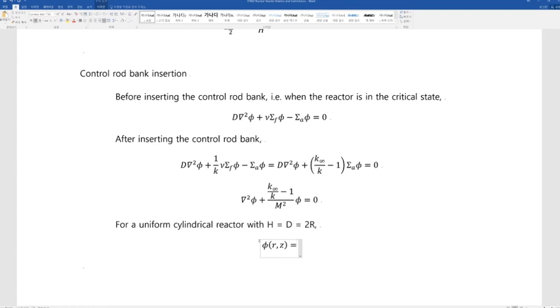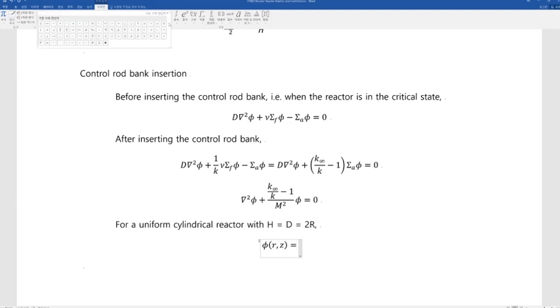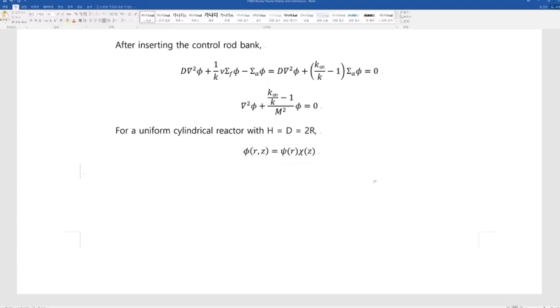And by applying the separation of variables, we write phi as psi for the r direction and chi for the z direction. So by applying the separation of variable technique,